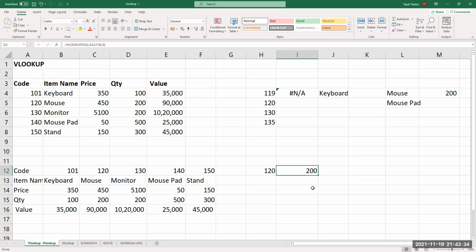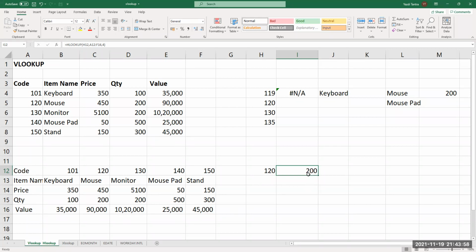The logic is the same. Look up what? This one. In which range? The entire table. So I have said HLOOKUP H12, that is this one, comma A12 to F16. I have taken the entire range.